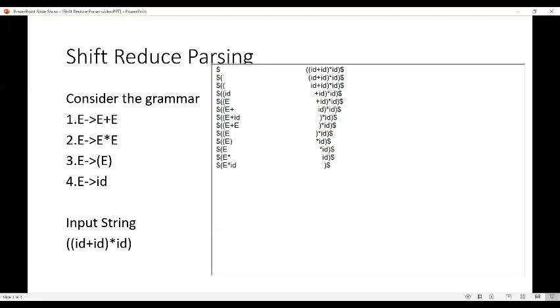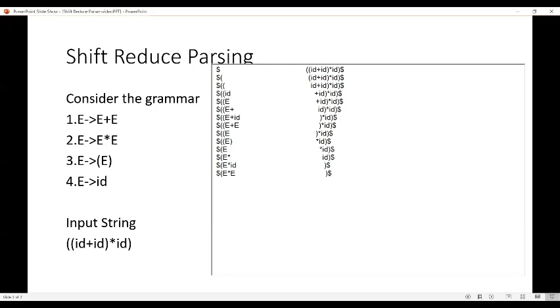So now we can apply reduce operation using grammar number 4. So the stack content would be dollar open parenthesis E asterisk E. There is no change in the buffer, so write the input symbol as such: dollar.